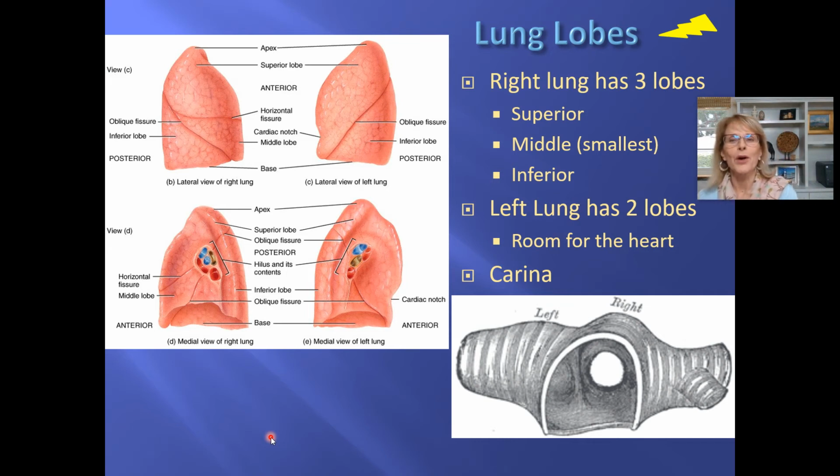We've gotten to this part of the respiratory system where we learned about the overall structure of human lungs: the right side has three lobes, the left side has only two lobes. And we learned about the structure of the carina. Before we leave the point of the carina, I wanted to give you a view of what it would look